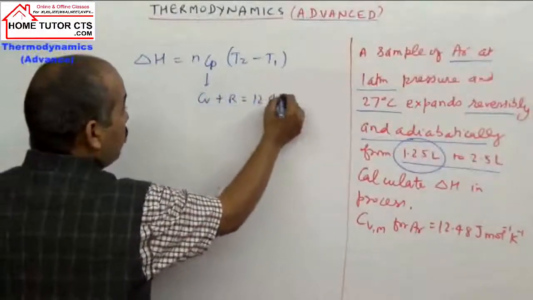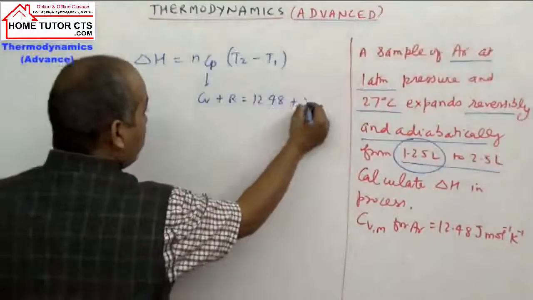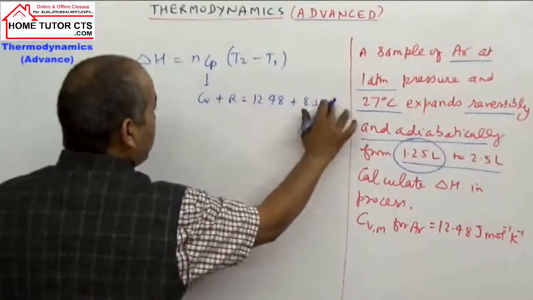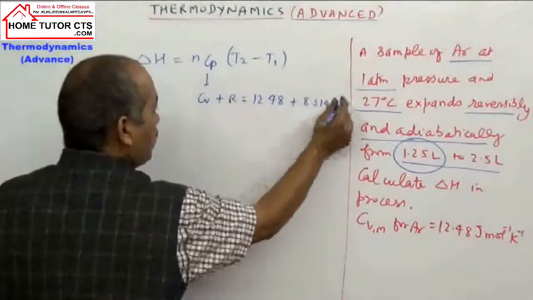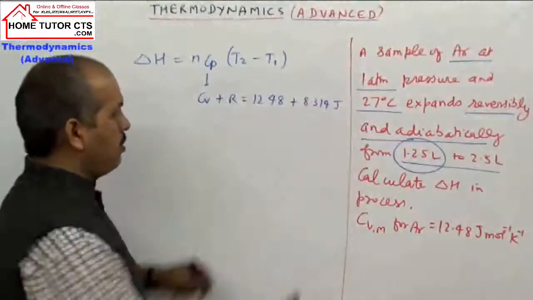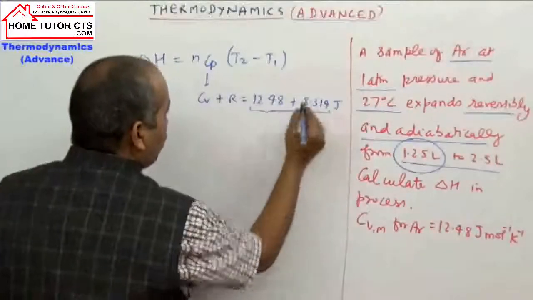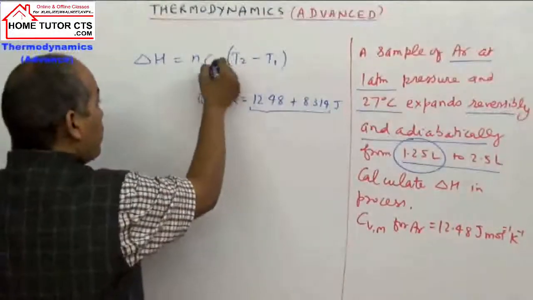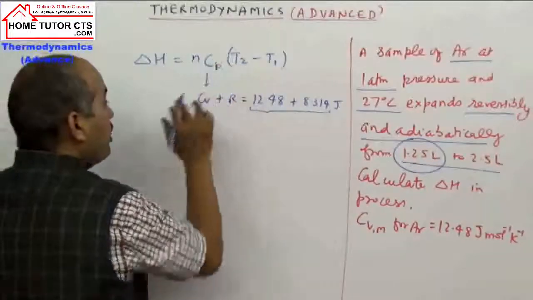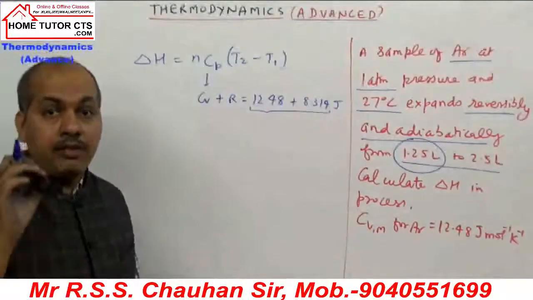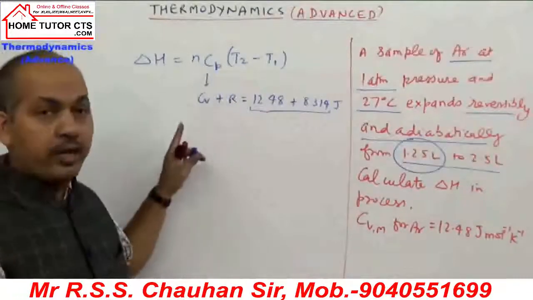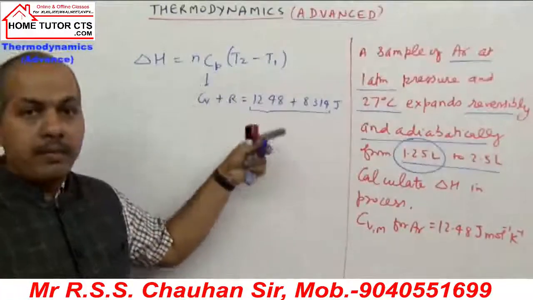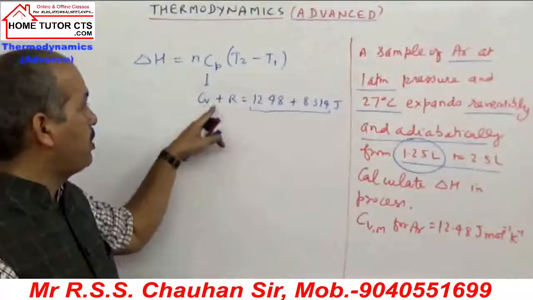So what is Cv value? 12.48. It is joules. So take value of R in joules, 8.314. Same units become joules now. Joules per mole per Kelvin. You get proper units. So it becomes your value of Cp. In the question directly Cp is not given to us, but आपको Cv दिया है क्वेश्चन में. आप Cv का हेल्प लेकर हम Cp निकाल सकते हो. कैसे? आपका रिलेशन है Cp minus Cv is equal to R. तो Cp is our Cv plus R.